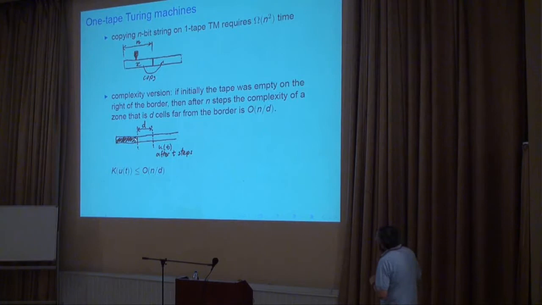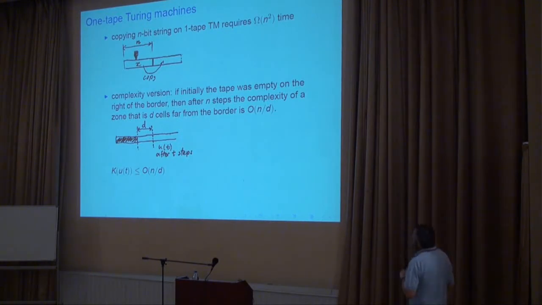So indeed, to carry one bit of information across this border zone, you need d steps. And the capacity of your head is limited, so you can bring only finitely many bits of information in each round. So you need t over d. At most, in t steps, you can bring almost t over d elements. So this is an informal description. If you look for a formal description,